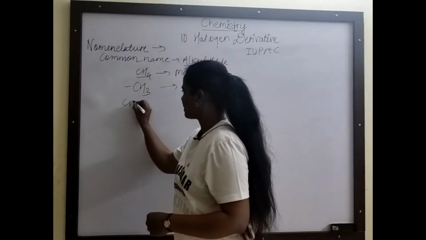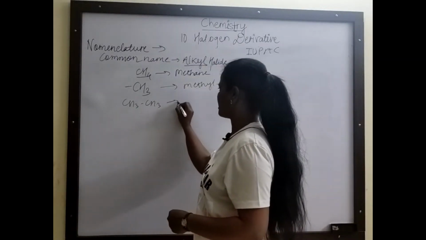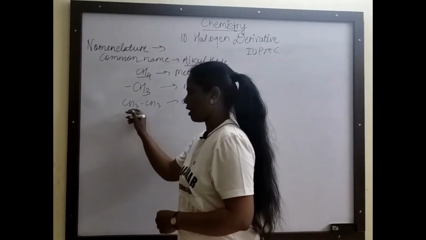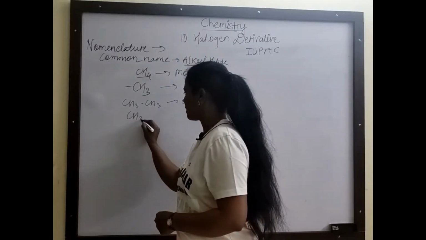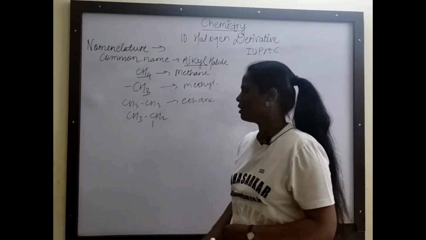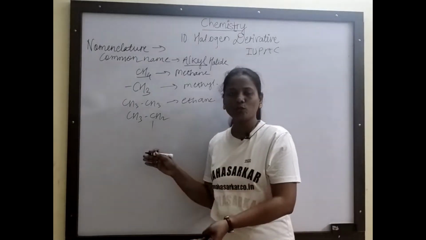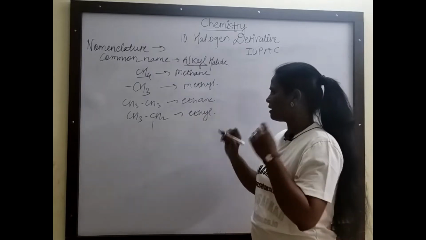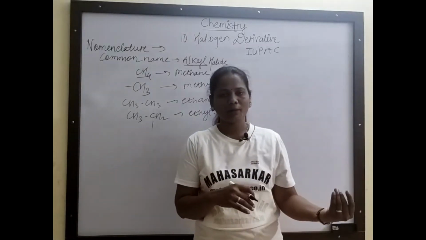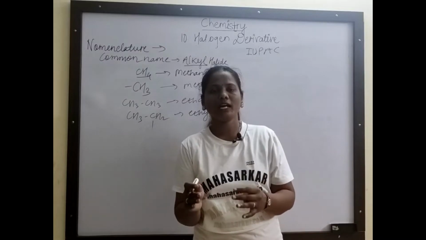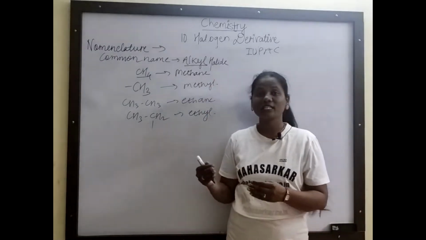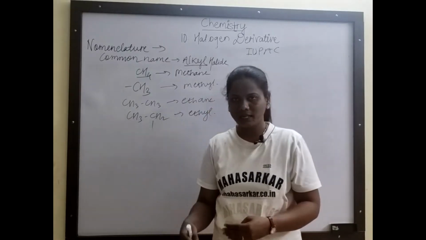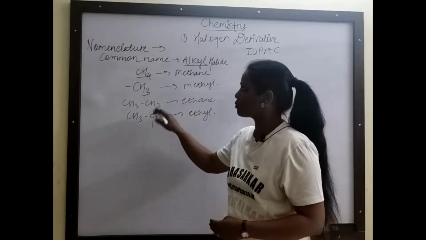Similarly, CH3CH3 is named as ethane. From ethane, any one carbon atom will lose a hydrogen for the attachment of any other functional group or halogen atom. So it is named as ethyl. Similarly, in propane, out of the 3 carbon atoms, one carbon atom will lose a hydrogen, so it is named as propyl, butyl, pentyl, hexyl, like this respectively. So these are the alkyl groups.